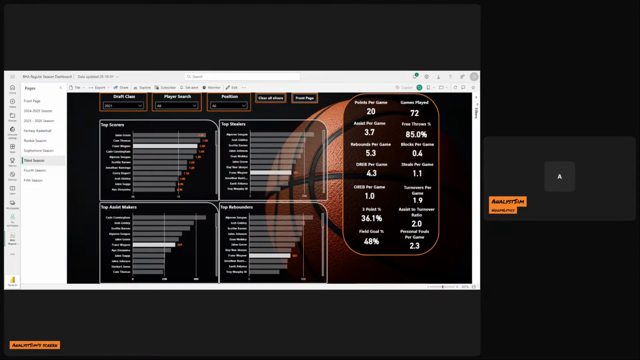So that's my top five. So we got Evan Mobley number one, Alperen Sengun is number two, Cade Cunningham is number three, Josh Giddey is number four, and Franz Wagner is number five on my top five players from the 2021 draft class that I think is really going to make a breakout for this coming fifth season based on what they've done in the previous seasons. But